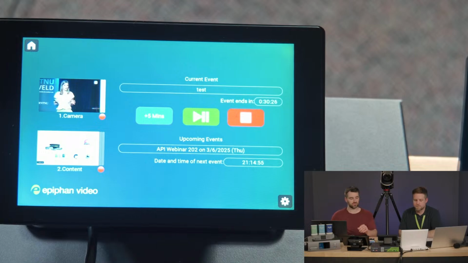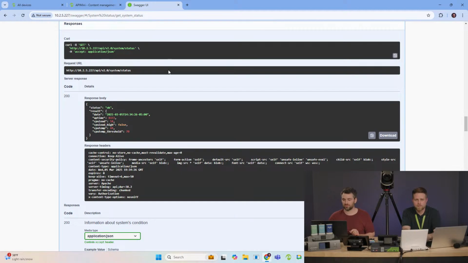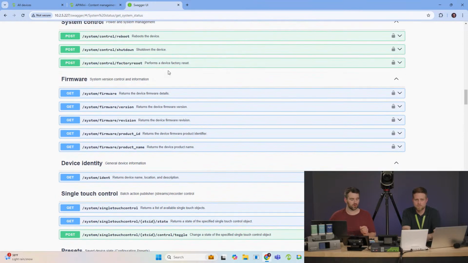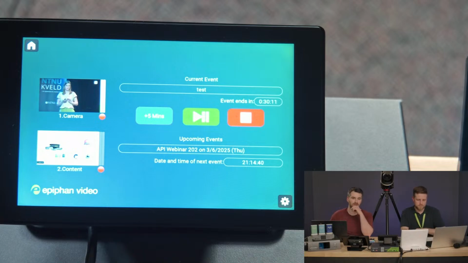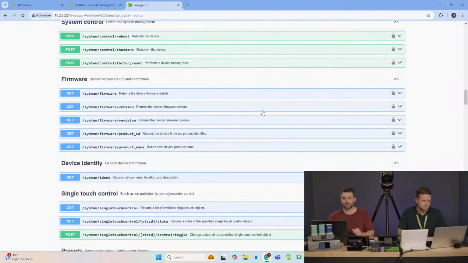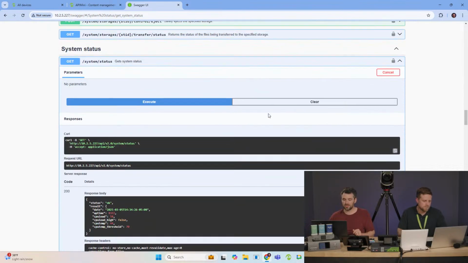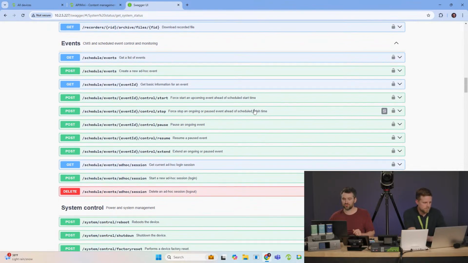And maybe what I'll do is you switch over to my computer. Sure. So I'll just kind of go into the REST API here. So if we're going to go quickly back to the desk. And so if we look here, we're looking at start and stop control, pause, things like that. And we'll go back to my computer again. And so these are all under the events controls here.